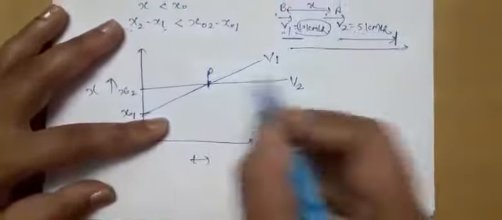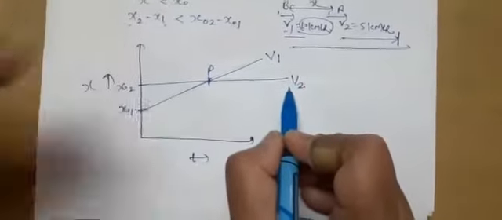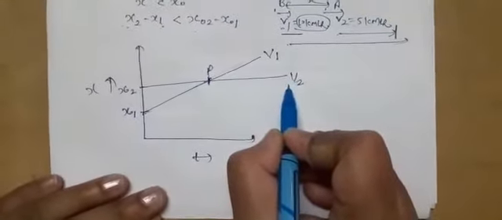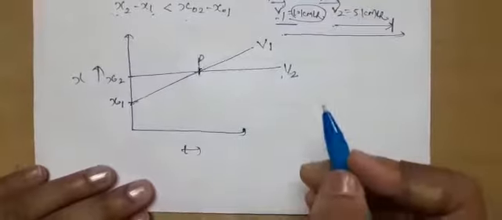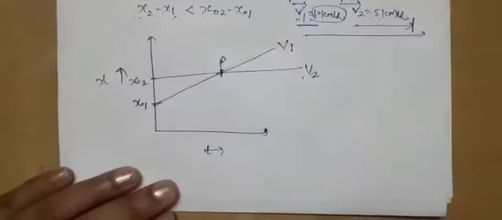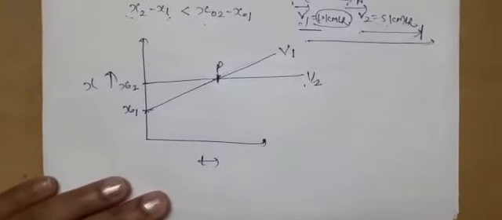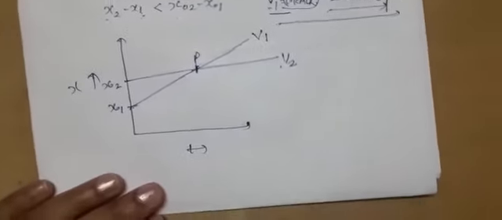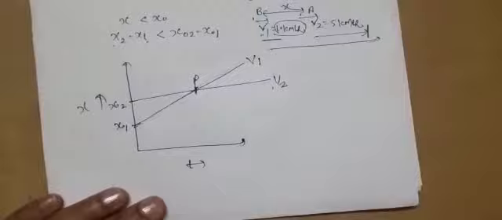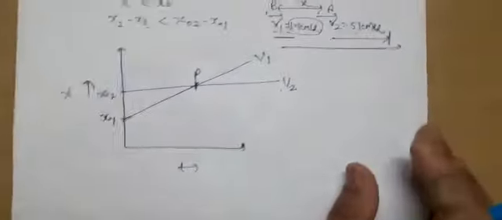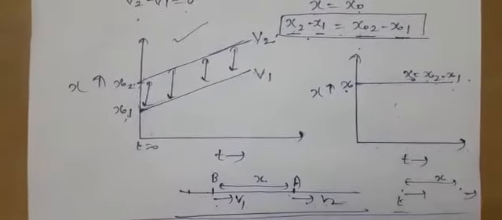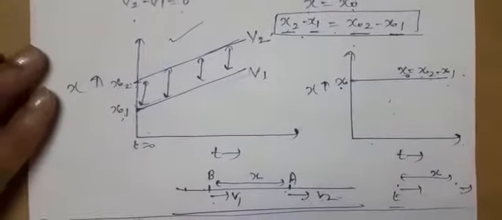Now it will move faster and the second body will be leaving behind it. So the main concept you have to understand here is that the graphical representation can be asked for three possible conditions: when the two bodies are moving with the same speed, or when the two bodies are moving with different speeds. So what kind of question can be there? See here, it is a very important concept that can be asked in the exam.